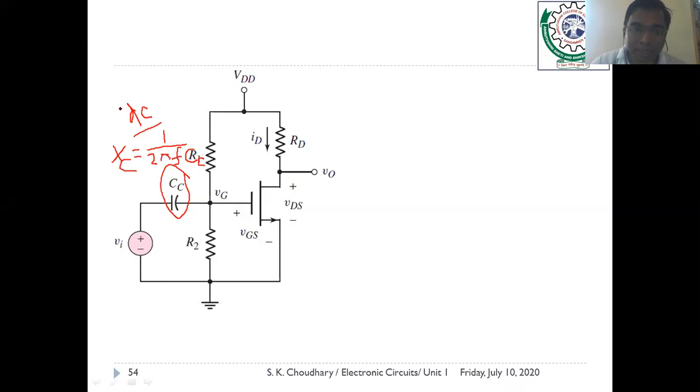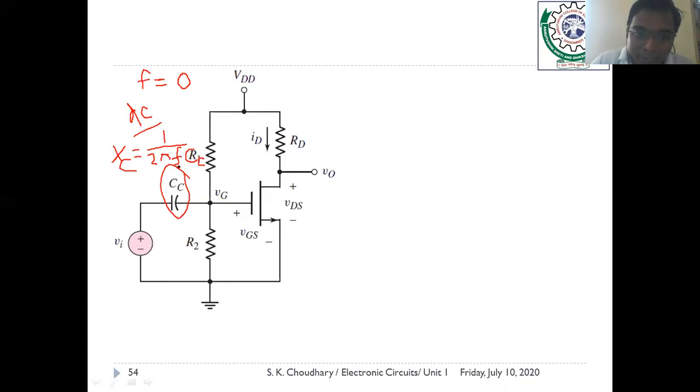So I am asking the question: in the DC, this capacitor would be acting as an open circuit. So see here, at the DC, what is the value of the frequency? Can anyone tell me? What is the value of the frequency for the DC case? It is a very simple question. I want the answer from you. Yes, very correct. Frequency is 0 for the DC signal.